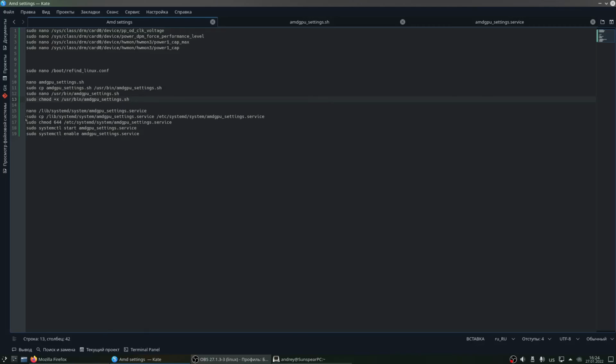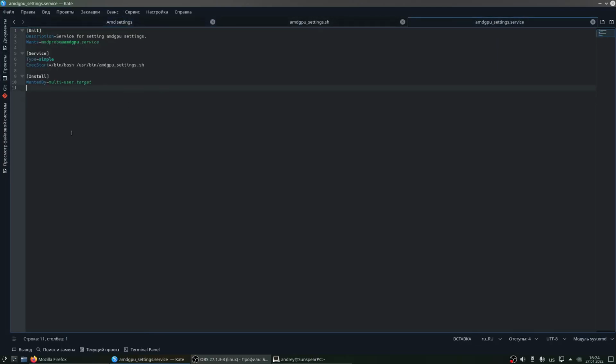If you use systemd, you need to create the file /lib/systemd/system/amdgpu-settings.service. This file contains information for the service in systemd. So basically the two important rows are Wants=modprobe@amdgpu.service.